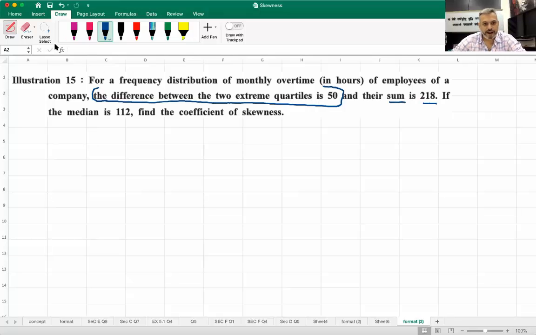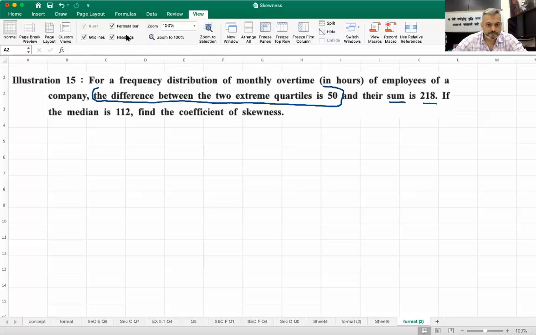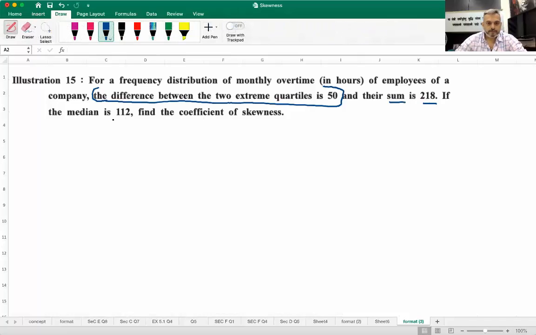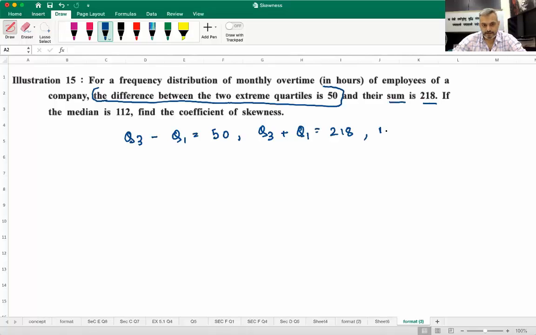So over here first let's write what we are able to make out from the question. Difference between two extreme quartiles. So two extreme quartiles means what? Q3 minus Q1 is equal to 50, and their sum, Q3 plus Q1, is equal to 218, and median is equal to 112. Find coefficient of skewness. Therefore, coefficient of skewness